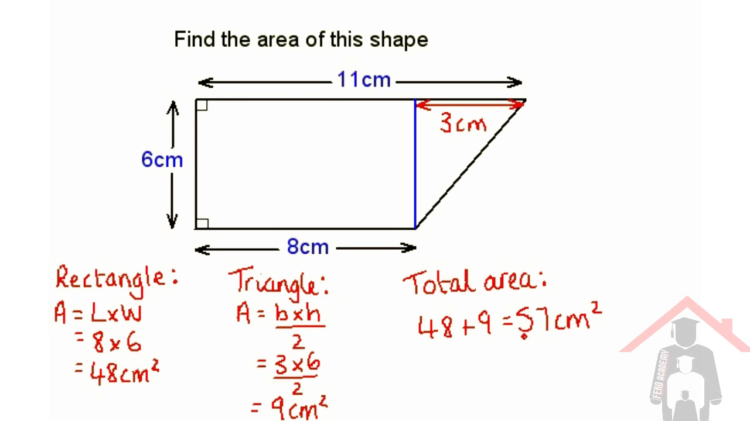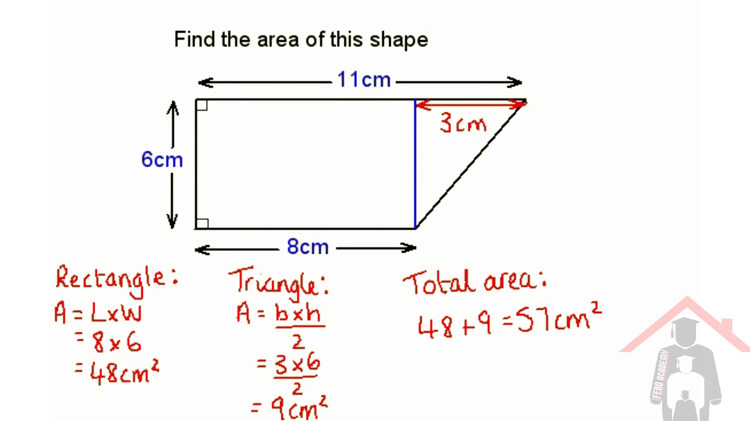To get this answer, I began by splitting the shape into a rectangle and a triangle. To find the area of the rectangle, I use this formula here. I know that the length is 8 and the width is 6, so this gives me an area of 48 centimetres squared. For the triangle, I know the height, which is 6, but I don't know the base, so I need to work that out